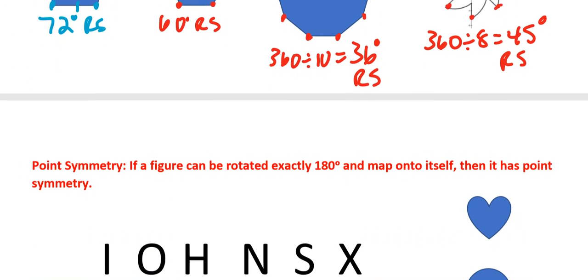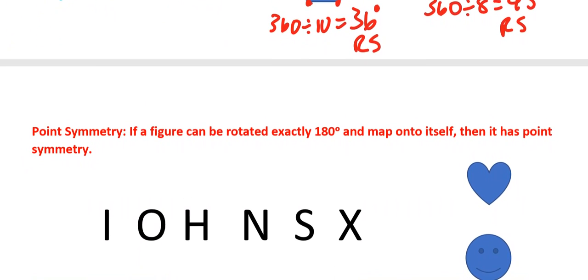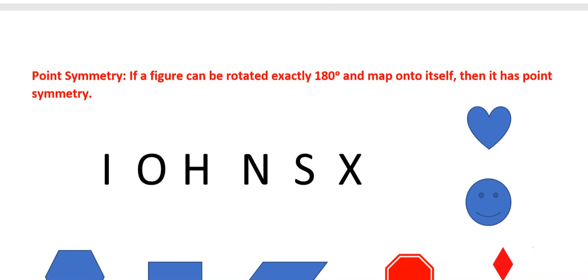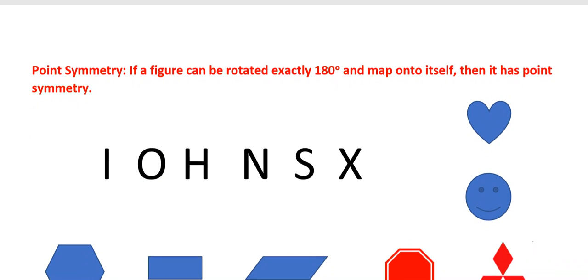And the last type of symmetry is point symmetry. Point symmetry is when you can rotate a figure exactly 180 degrees and map it onto itself. What point symmetry is, it's basically if you turn a figure upside down, if you turn it upside down and it's the same thing,